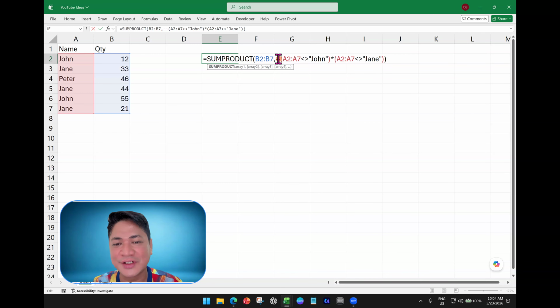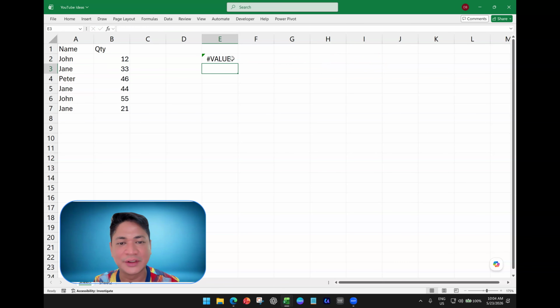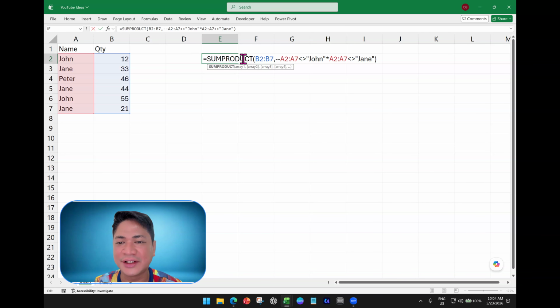So first, again, the two negative symbols to convert the answers of true and false into numbers, and you don't have to do it for both. You just have to do it at the beginning, and you just have to put here A2 to A7 is not John, and another one multiplied with A2 to A7 is not Jane. Take note that if you remove the parentheses, you will actually get a problem. Just to show you, you will get an error over here,